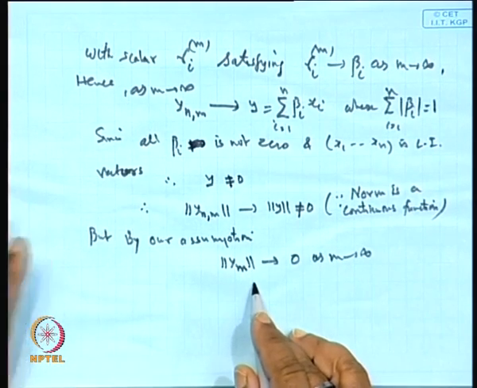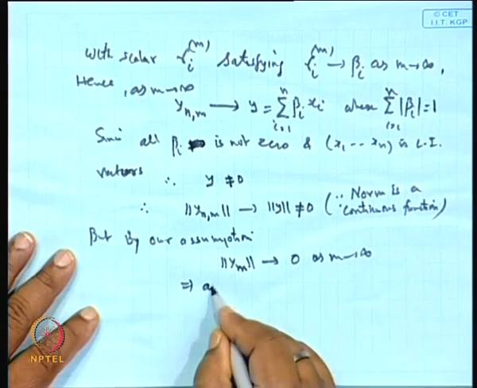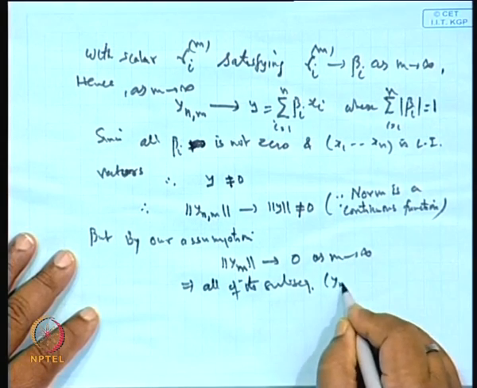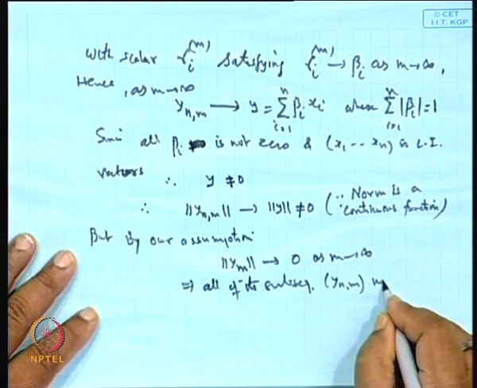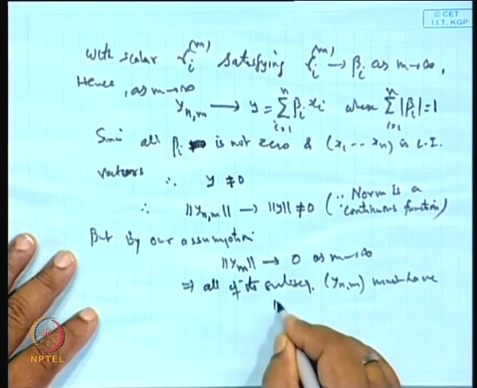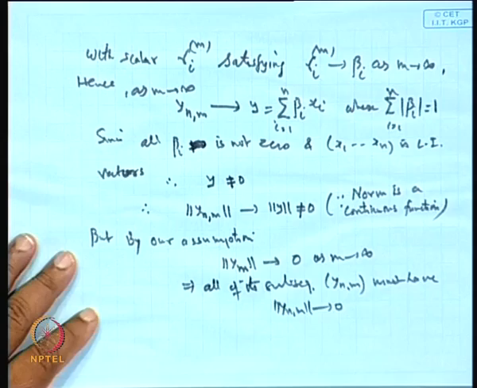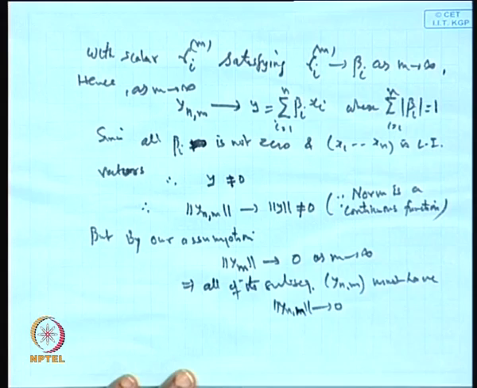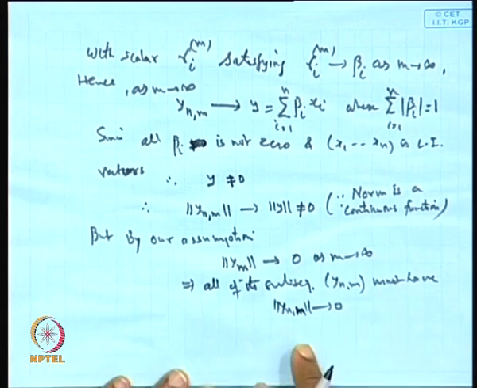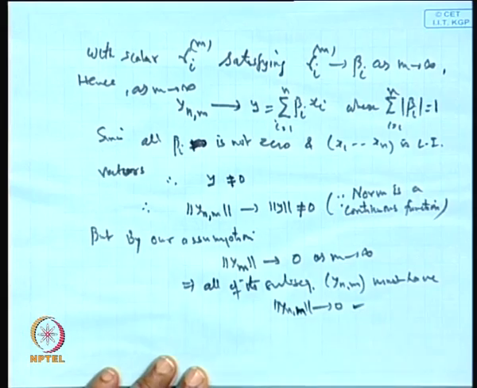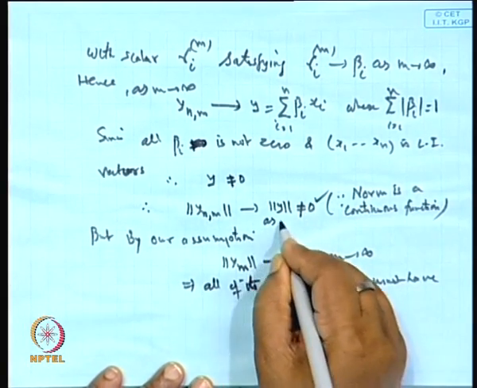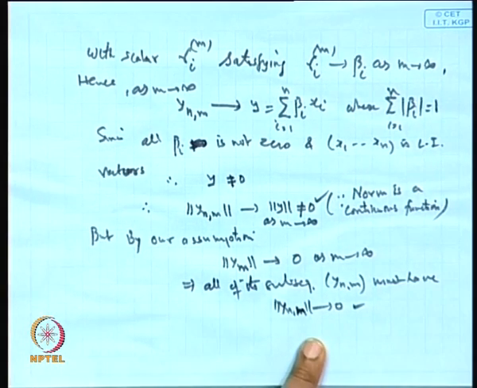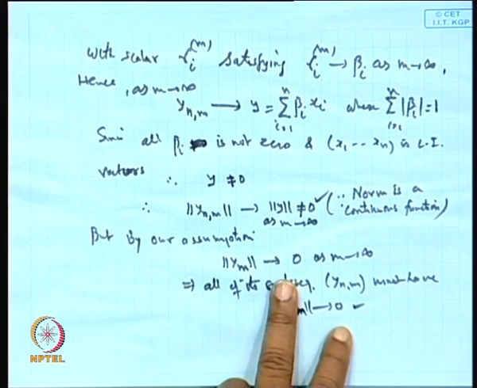the sequence y_m is such that the norm of y_nm tends to 0 as m tends to infinity. It means all of its subsequences must go to 0. So, this implies all of its subsequences, that is y_nm, must have this property, that the norm must go to 0, is it not? Otherwise, it will contradict the limit property. So, here we are getting this goes to 0, here we are getting this does not go to 0 as m tends to infinity. So, this itself shows a contradiction,